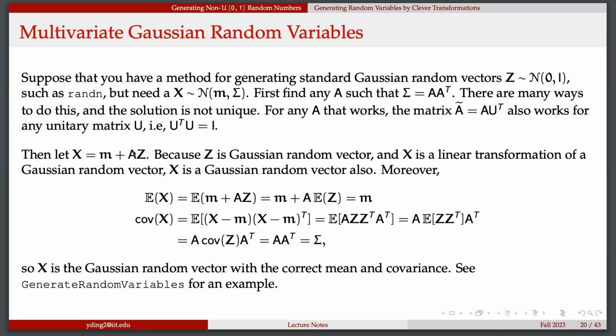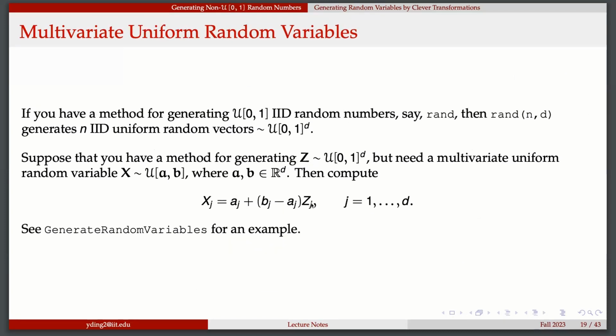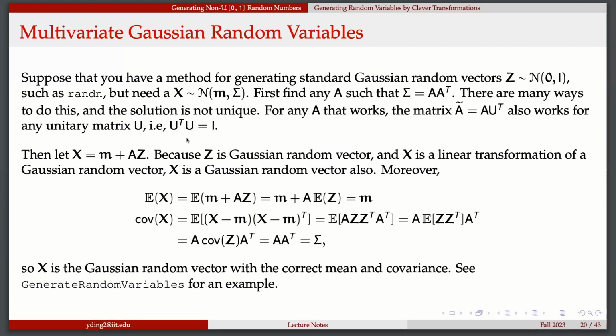Okay, so after we have this, X is generated from this M vector plus A times Z. It's a similar idea to this case, right? But the difference is that this is a scalar, so you multiply a different scalar for different dimensions. But this one is a matrix, you multiply it by Z, and Z is a vector here. So you can consider X to be a linear transformation of that. And X, of course, is also a Gaussian random vector. We're trying to verify that this is true.